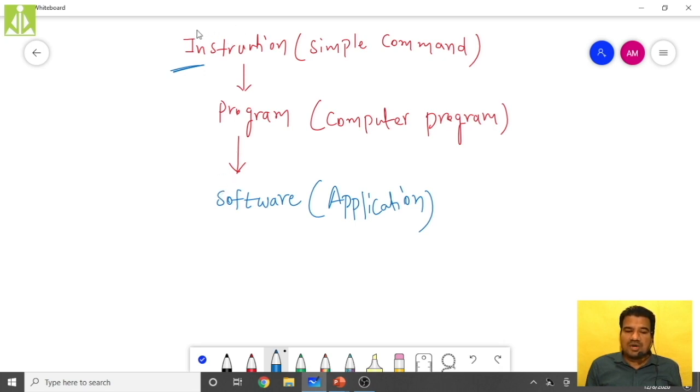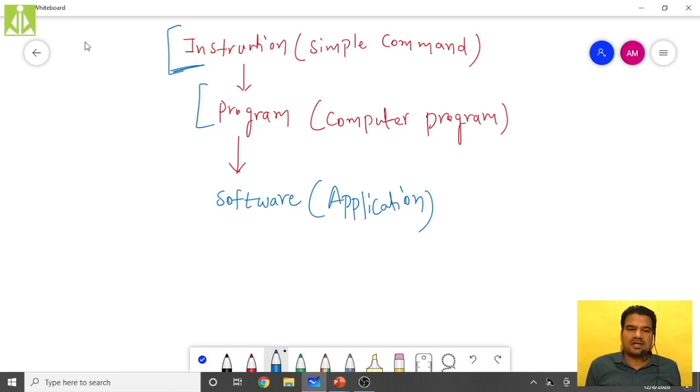Based on what criterion we are going to club the instructions, and based on what criterion we are going to club the programs, all these things are dependent on your requirement. Suppose you have a task to be performed, so what we do is we simply club all such instructions which satisfy my task.